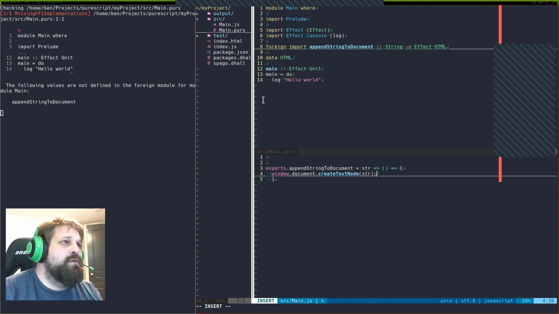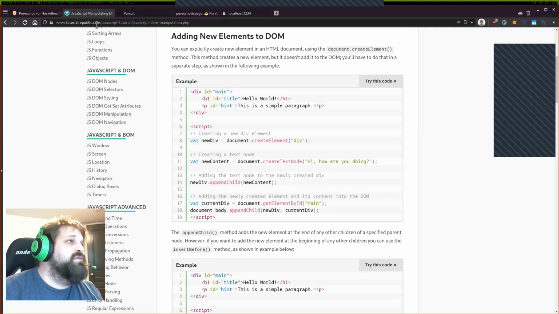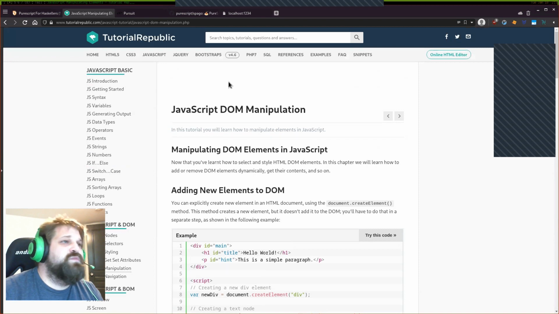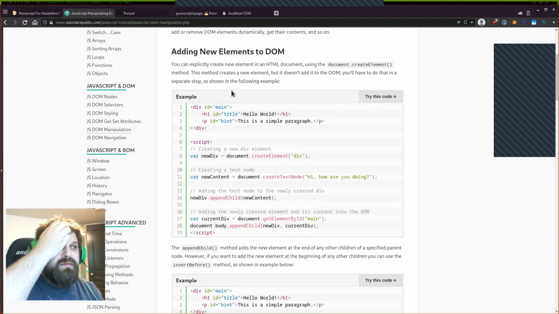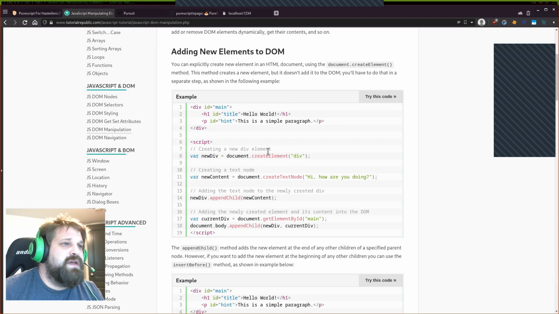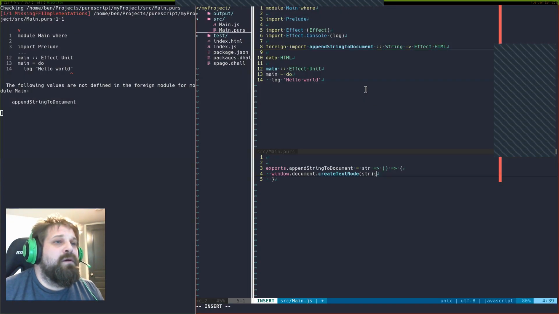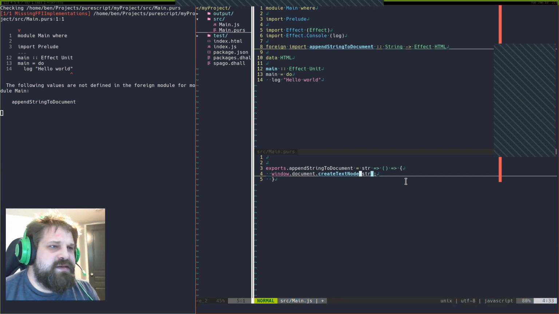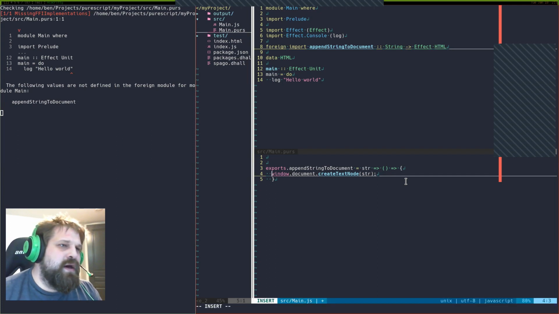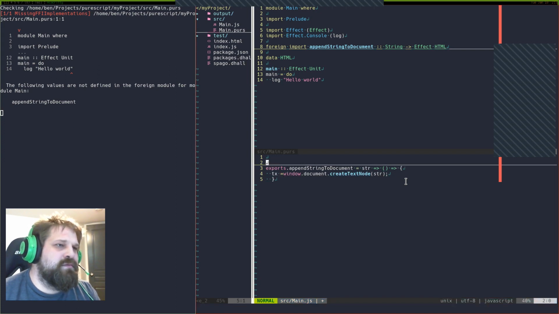I am working directly from this JavaScript manipulation tutorial from Tutorial Republic, but this information is out there many dozens of times in JavaScript. So here we're creating a text node with our string, and then we're going to apply that to a div that we'll create. All right, so we've got this text node. So we'll just call that text. We can make it a const.